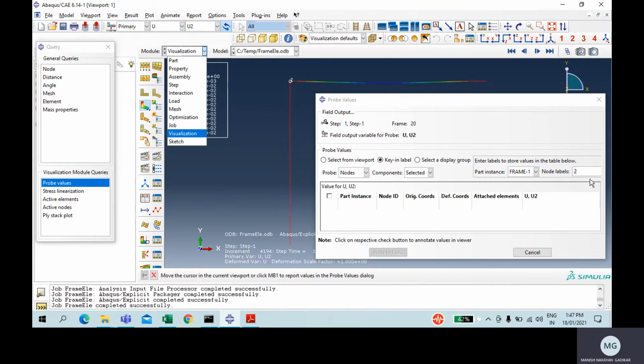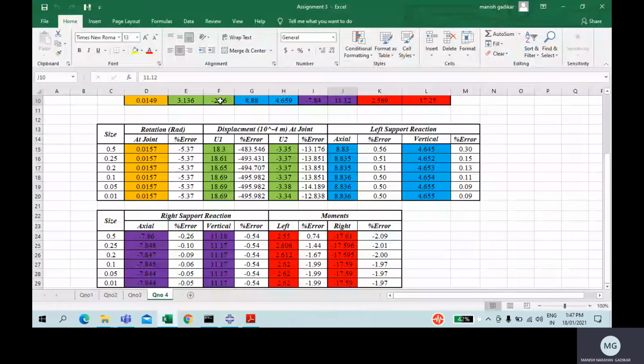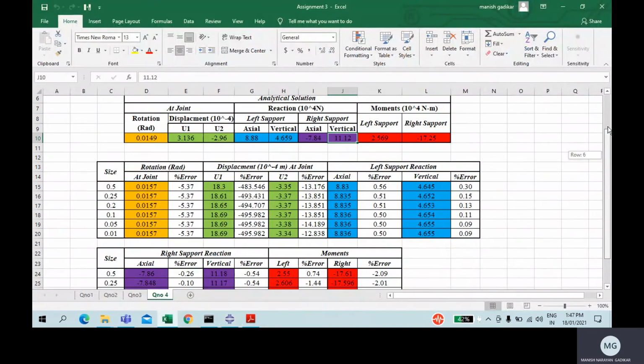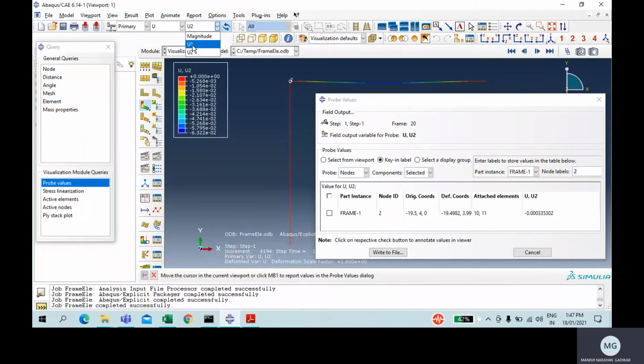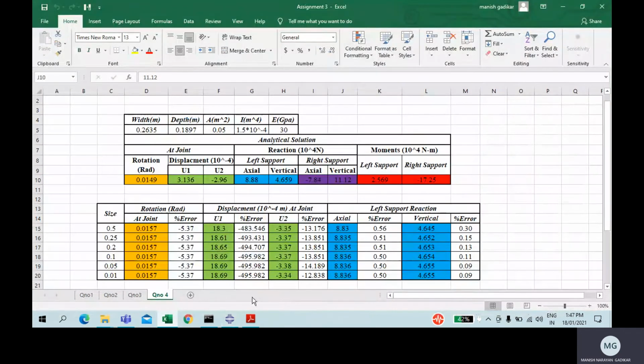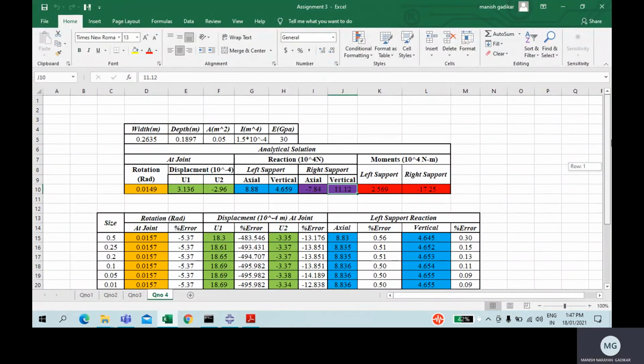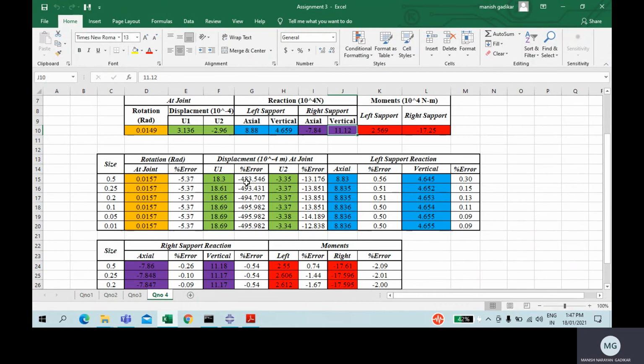Continue. It's coming 3.3 into 10 to the power minus 4 and analytically I'm getting 2.96 into 10 to the power minus 4. So it's also similar. U1 is coming 1.8 into 10 to the power minus 3 and analytically I am getting 3.136 into 10 to the power minus 4.